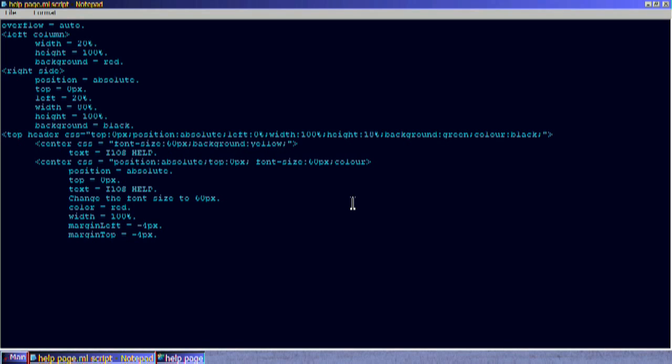The Canadian version of color is not in the CSS spec. So if you actually, no, you can use it. That's an ML script enhancement. So you can use the American way or the Canadian way, but if you look online for color in CSS, you're not going to find it. But if you look for color the American way,